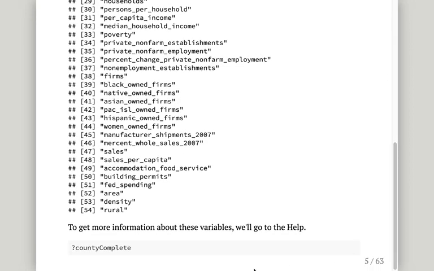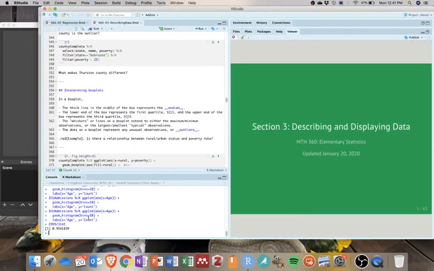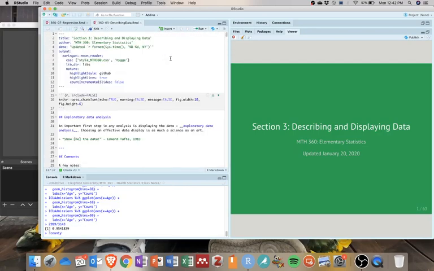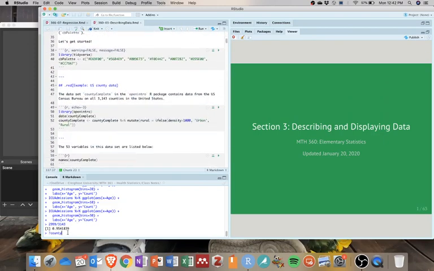To get more information about these variables, we can go to the help. So in R, you can go to the RStudio console. So let me switch over to RStudio, and here's what I'm going to do. I'm going to type help county complete, and let's double check how this is spelled. R is case sensitive, so it's county with complete capitalized. I haven't initialized my RStudio library, so one thing that you'll end up running into is that if you haven't